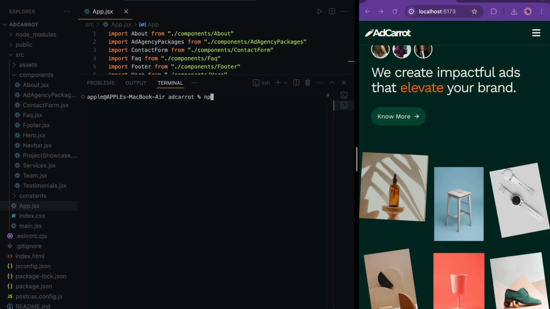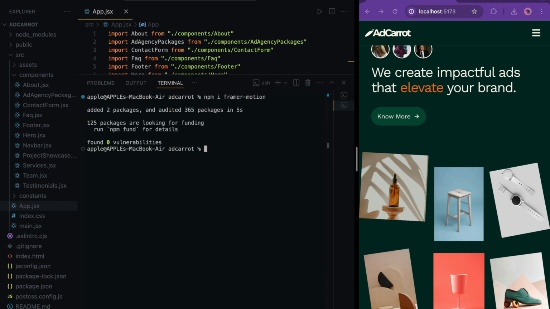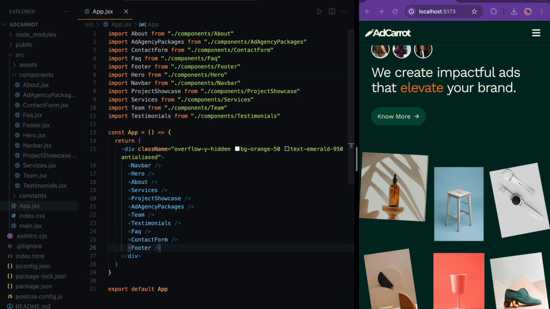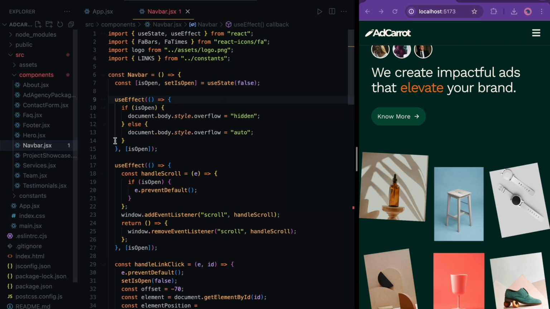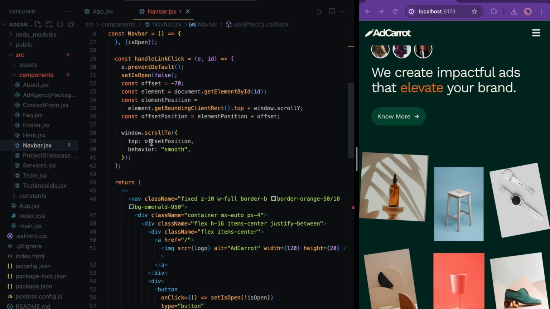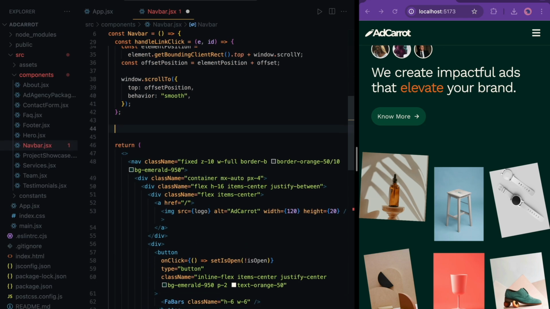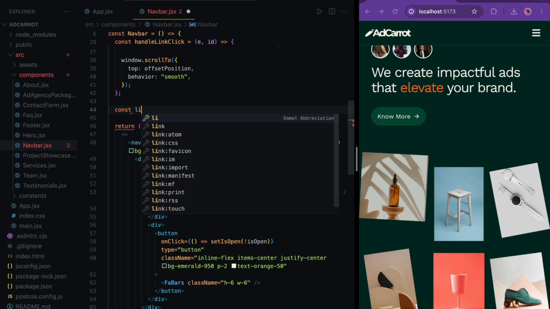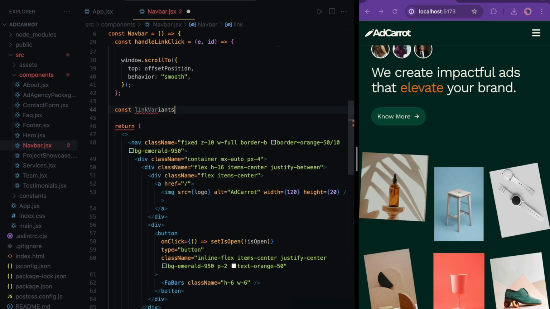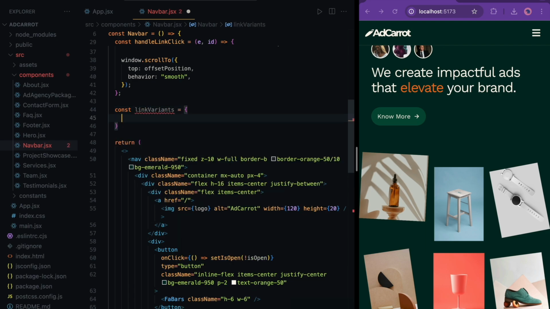For animation, we'll be making use of the Framer Motion library. So let's first install it. Once this is done, the first section that we are going to animate will be the Navbar component. For animating this section, let's create a variant, const linkVariants is equal to hidden, which will have opacity of 0,